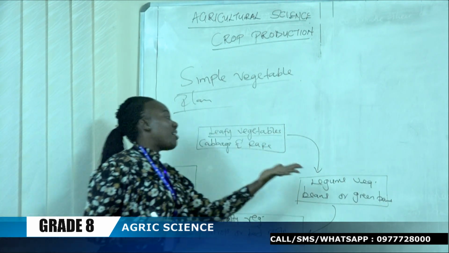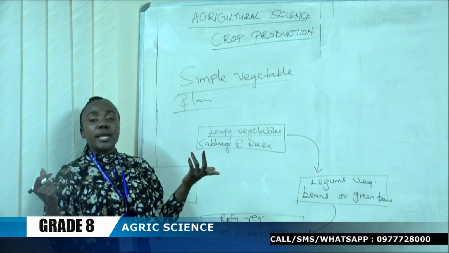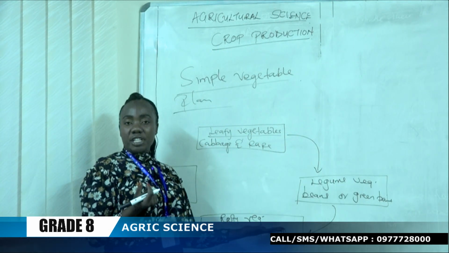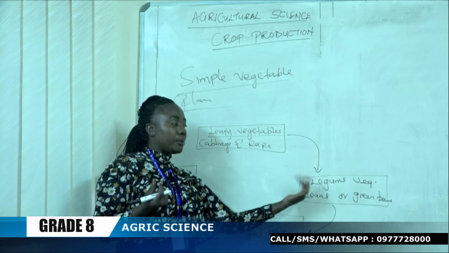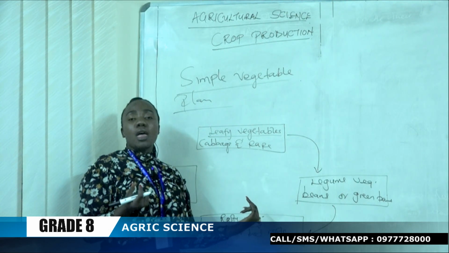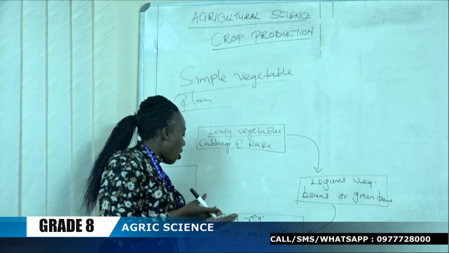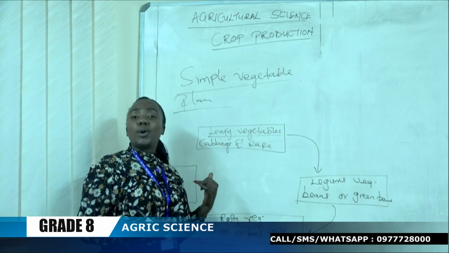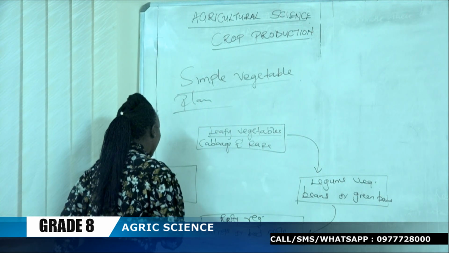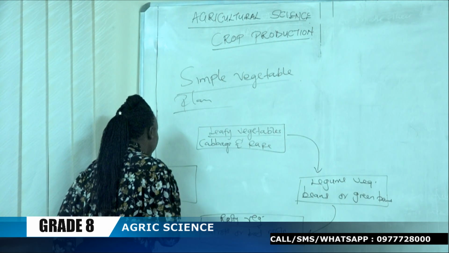Okay, so after we've harvested legume vegetables, let me say we've grown beans. Beans are ready. We harvest beans. We put rooty vegetables. After harvesting this vegetable, we grow what? Rooty vegetables. And under rooty vegetables, we've given an example of carrots or beetroots. You can grow either carrots or beetroots. After we harvest carrots, we can grow